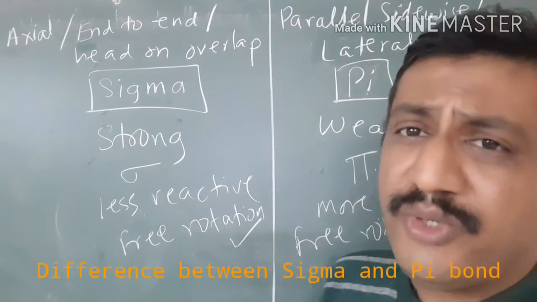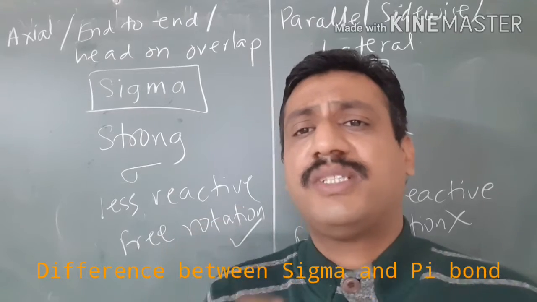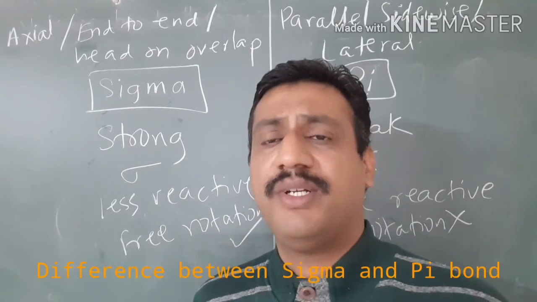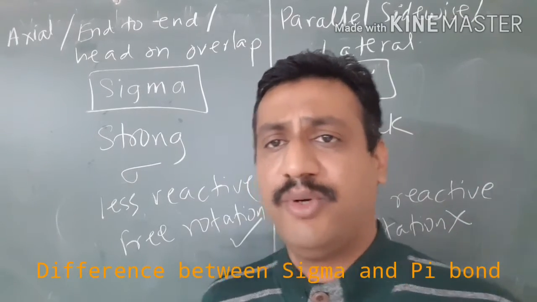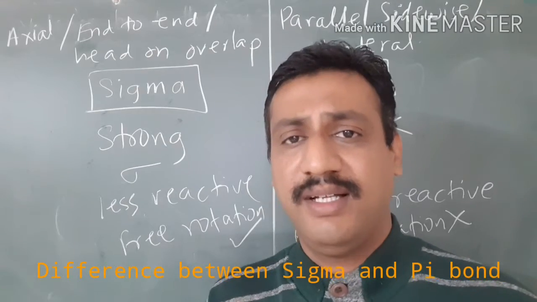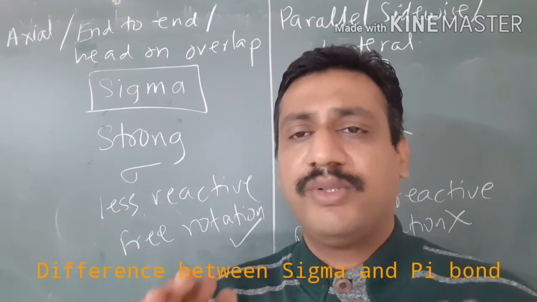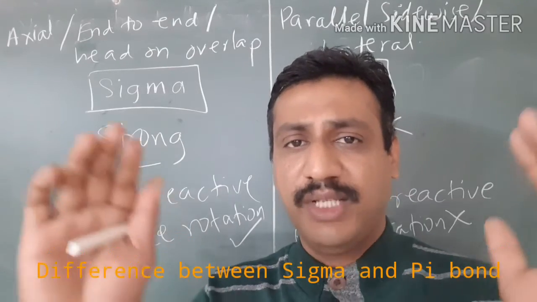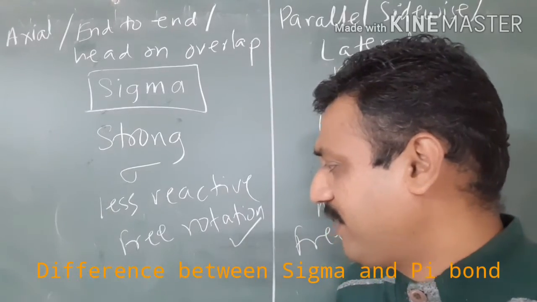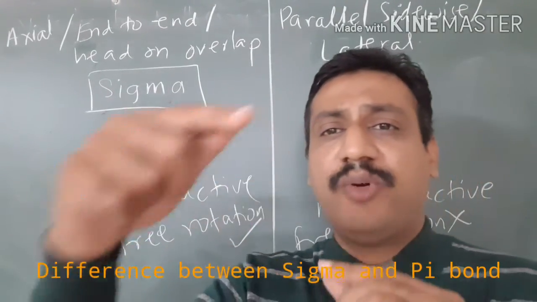What is the meaning of free rotation? See, whenever multiple bonds are to be formed, the first bond is a sigma bond and the other bonds are pi bonds, okay. The sigma bond is just similar to the skeleton in animals. The basic skeleton gives the basic general idea about the external structure of that organism. In the same way, the first bond is the sigma bond, and around the sigma bond the other atoms